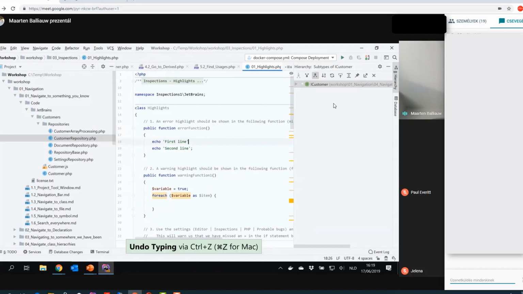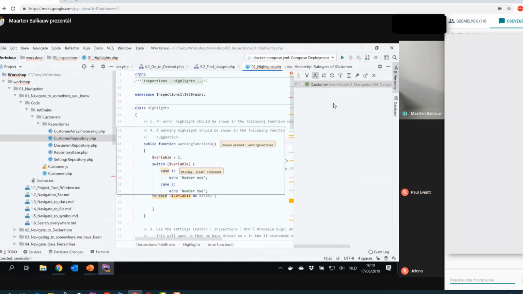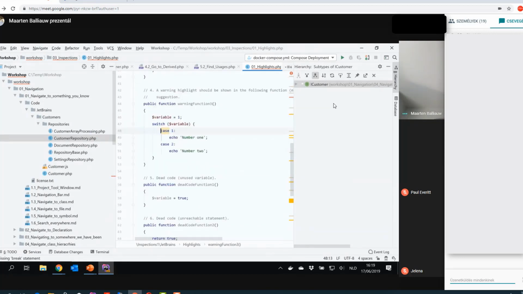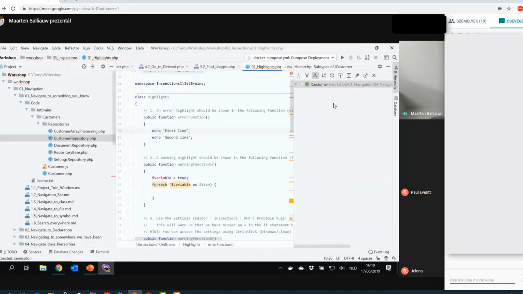You'll also see, when we put that back, that on the right-hand side here, we have the number of errors and warnings that are in our current file that we have open. So you will see there's a lot of warnings, and I can simply click on those in the scroll bar there and jump to an error or a warning that we have in the file. But yeah, let's fix this one. Right, so we have that one.